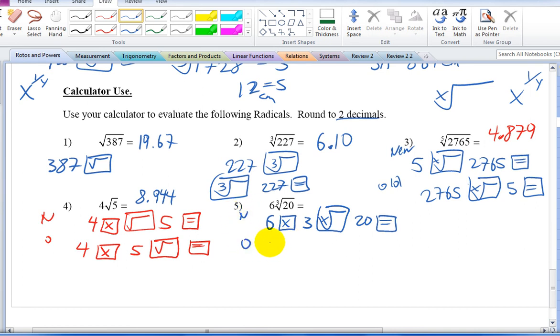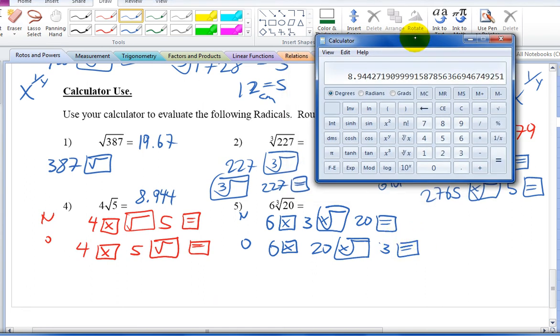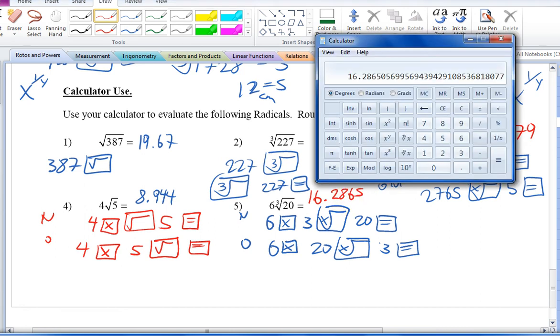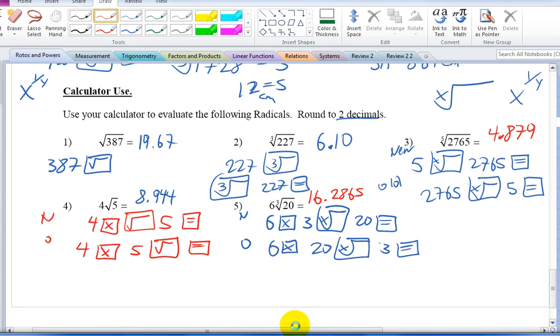For the old calculators, 6 times 20, x root 3, equals. 16.2865. Okay, if you didn't get